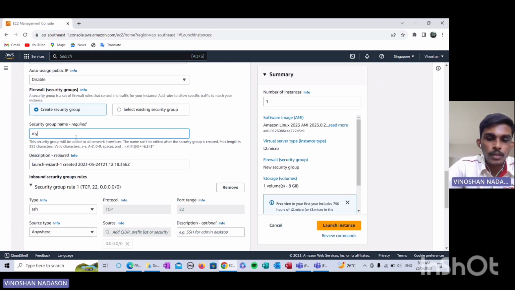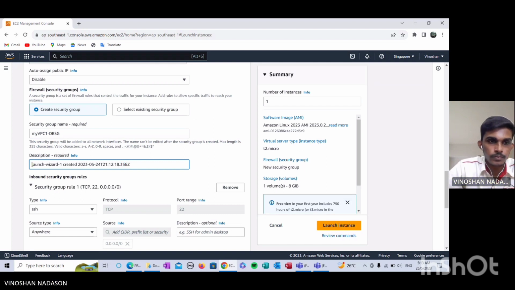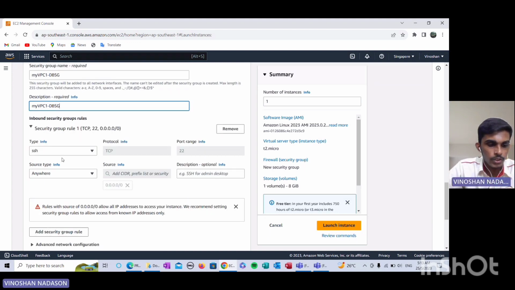Okay, so this one will be my VPC1 DBSG. Okay, same for this one. So we'll name this also as my VPC1 DBSG. Okay, so now for the security group, we will put the type as SSH, but the source type we